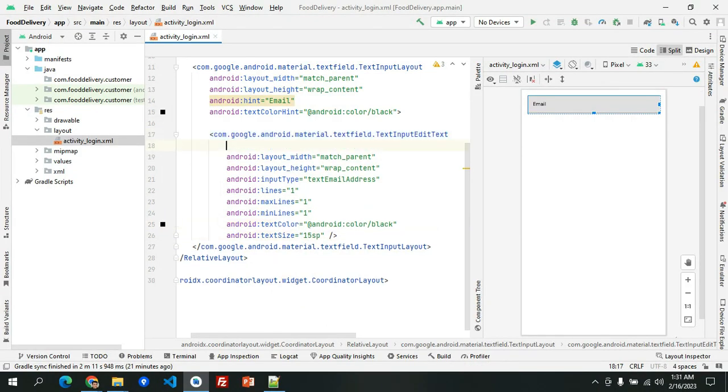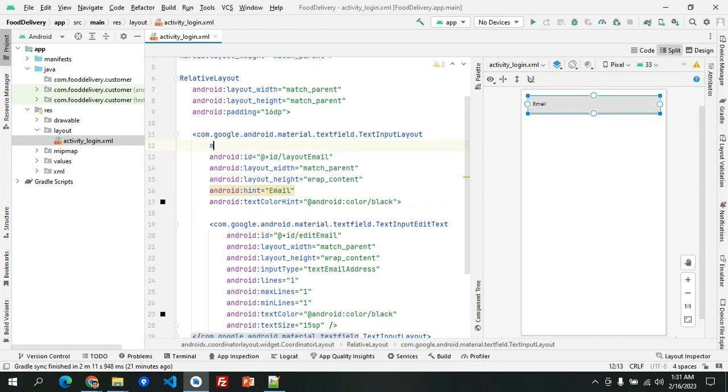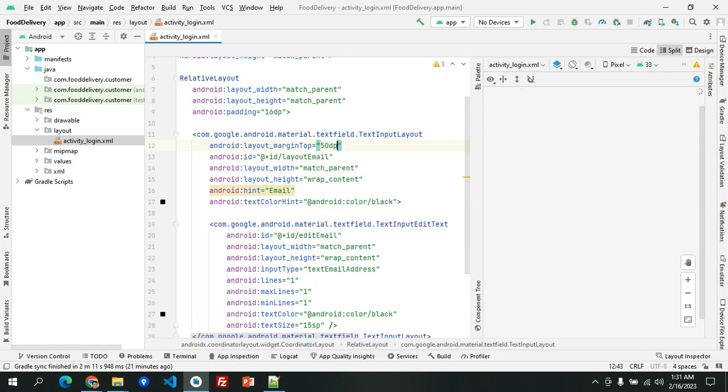and we'll have the ID as edit email. In here also we'll have a layout email. So let's have this one as having a margin top of 50 dp,